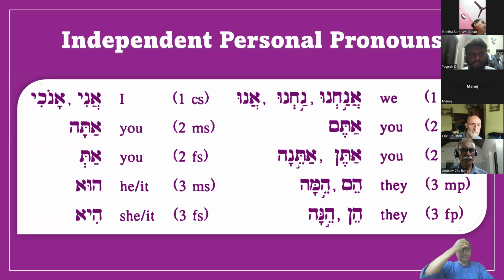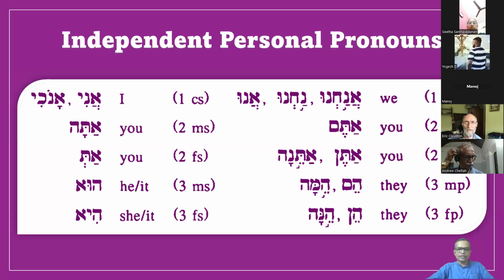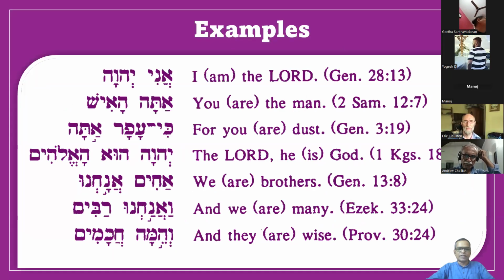When it appears along with the verb, we will understand it later when we learn the verbs, because when it appears along with the verbs, it is to give emphasis, to reinforce the pronoun in the verb. Okay, so let us not worry about that. The only concern here is that when the independent personal pronouns are placed in a sentence, there is a need to supply the verb to be wherever it is needed.